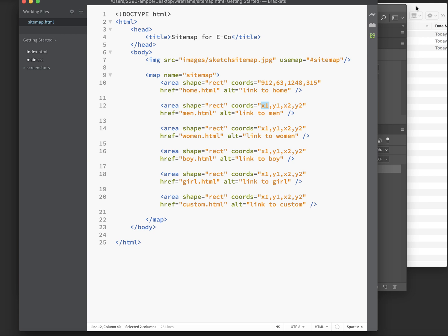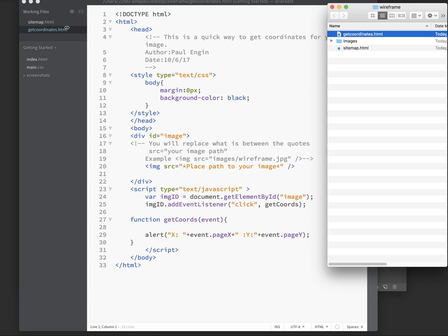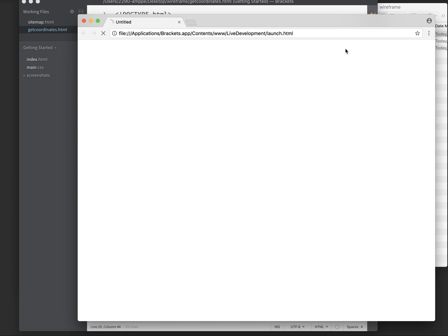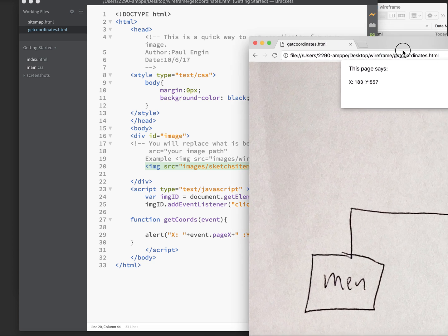I did create a little HTML file called get coordinates, and in here you can just replace this with the image that you want to test with. So in this case it would be images, sitemap, sketch sitemap JPEG, and when you save it and launch it in a browser, you will see the image appear, and you can just click on the corner you want and it will pop up the coordinates for you. So in this case it's